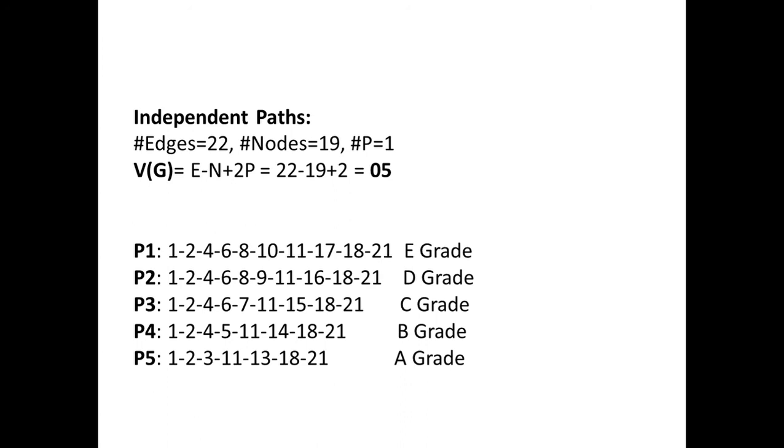That is P1, P2, P3, P4, P5. Now, in our program, we have 5 possible outputs. That is, it can be A grade, B grade, C grade, D grade, or E grade. With respect to each of these outputs, we need to write the path. Consider to get A grade, what path does it have to follow?